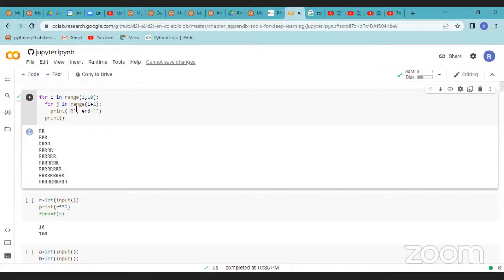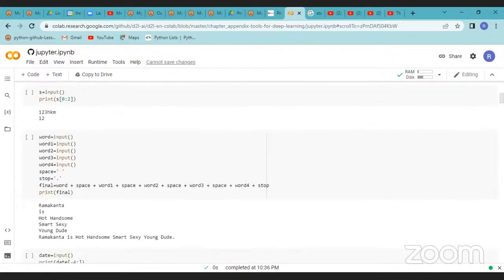Okay, so sir, here J, what should be my range then if I want a single R? If you just want it to be singular, then it should be for J in range of 5 only. Okay. Fine. Okay. So next one is